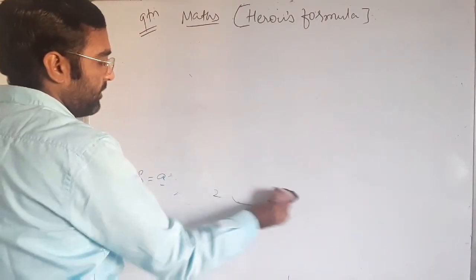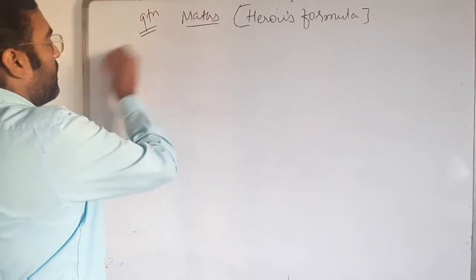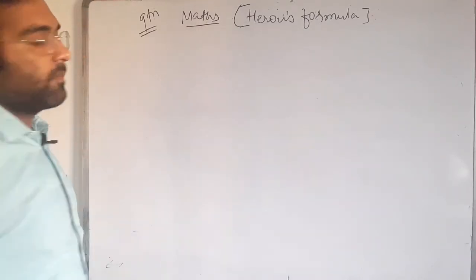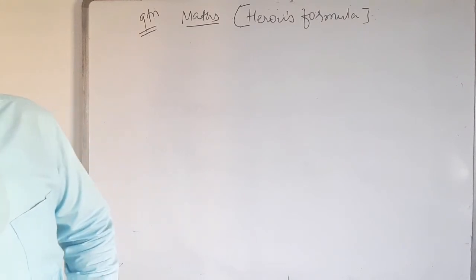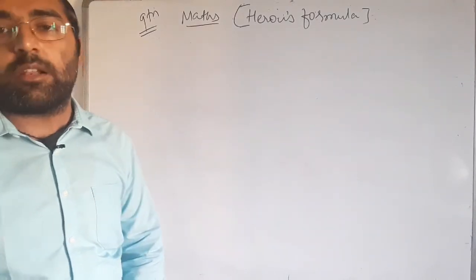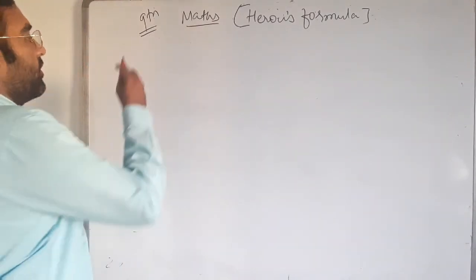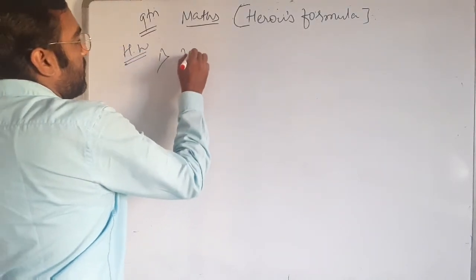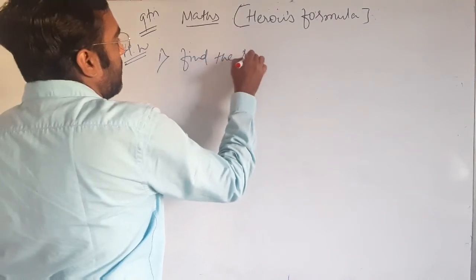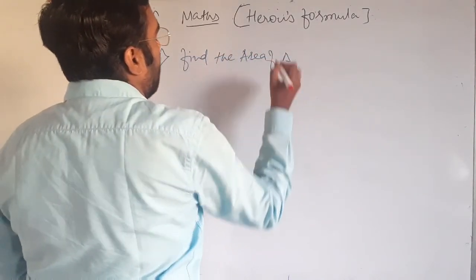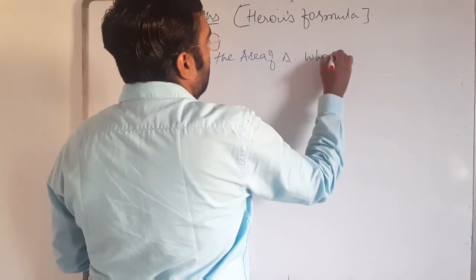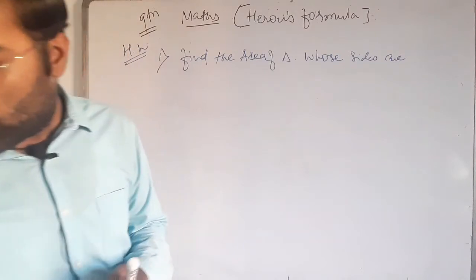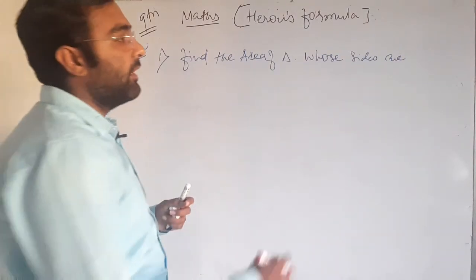First question: find the area of the triangle whose sides are respectively